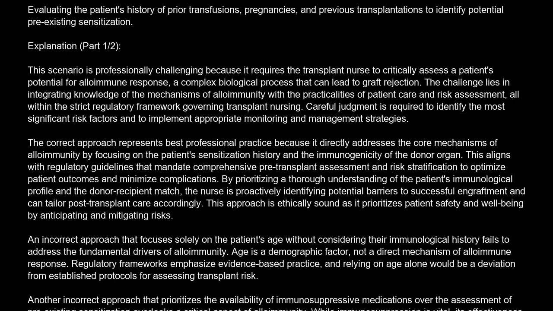An incorrect approach that focuses solely on the patient's age without considering their immunological history fails to address the fundamental drivers of alloimmunity. Age is a demographic factor, not a direct mechanism of alloimmune response. Regulatory frameworks emphasize evidence-based practice, and relying on age alone would be a deviation from established protocols for assessing transplant risk. Another incorrect approach that prioritizes the availability of immunosuppressive medications over the assessment of pre-existing sensitization overlooks a critical